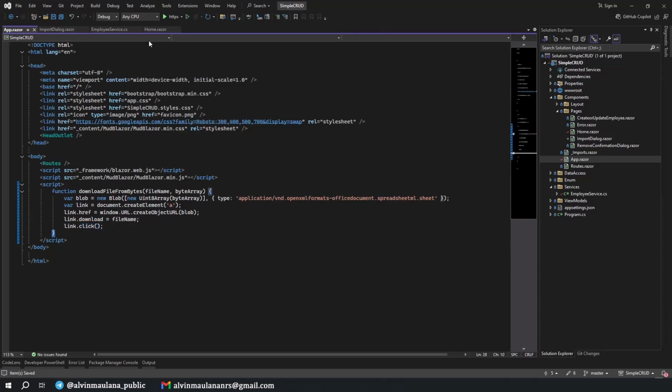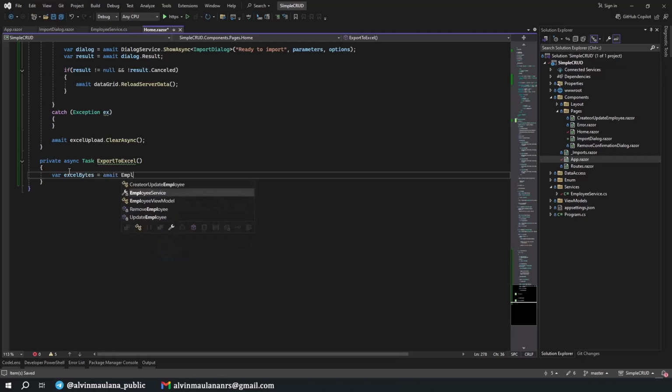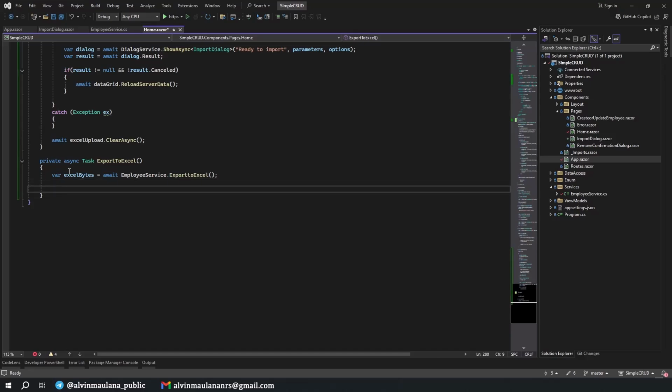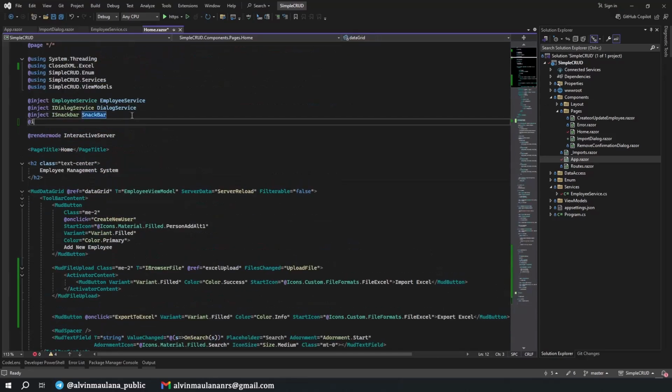Okay, and then I go to the home, and what we have here is a var excelBytes. It comes from await employeeService.ExportToExcel. We get the bytes. Now we need to inject JavaScript. Inject JS runtime.